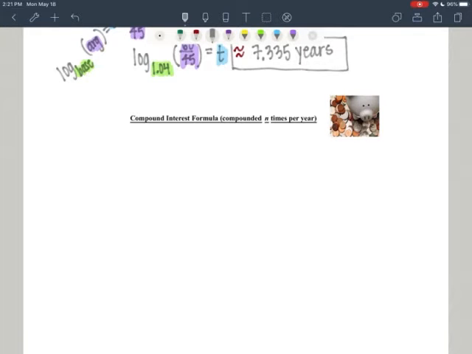When we compound interest n times per year, the formula is very similar to the one we've been using. A equals P times the quantity 1 plus R over N, raised to the N times T power. We take that annual rate and divide it by the number of times we're going to compound the account. Here we're introducing a new parameter, N, which equals the number of times per year